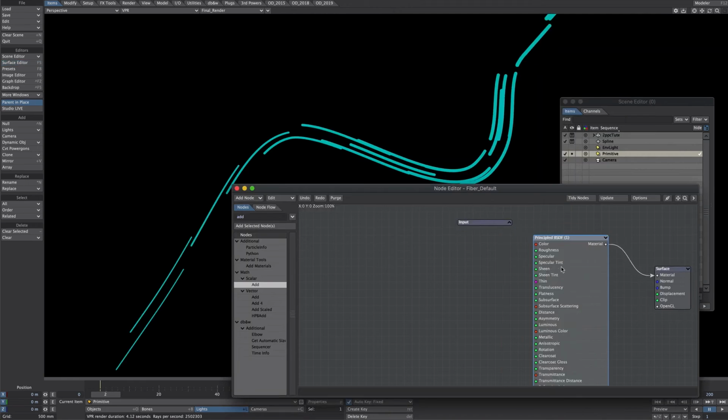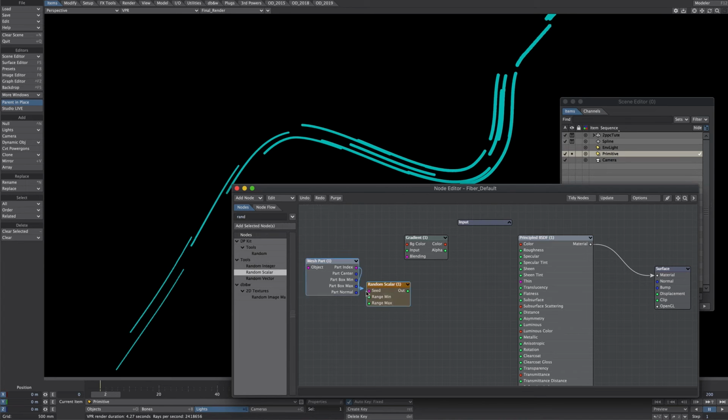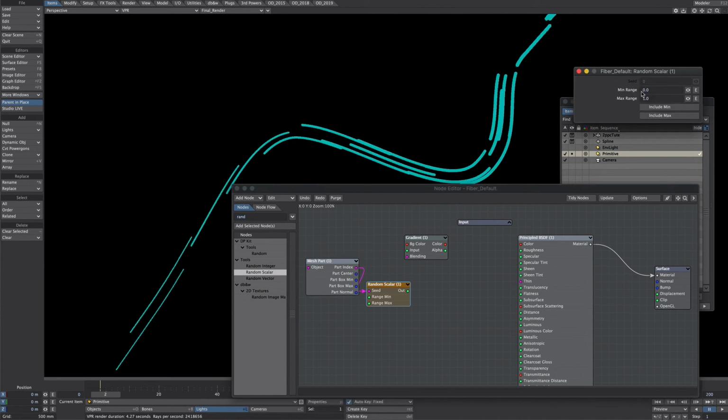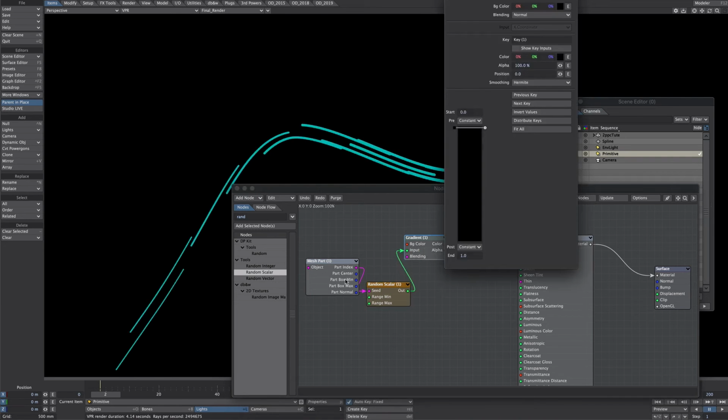Okay, so let's go into nodes. Similar to before, let's get a mesh part and a gradient. Now I think I've got about 30 parts within this object. I'm unlikely to remember that each time, so I'm going to remap these to a 0 to 1 range. So again, I'm going to go for a random, take the part index, include minimum and maximum, and I'll feed that into the input. So however many parts there are in this object are now remapped to a scale of 0 to 1,